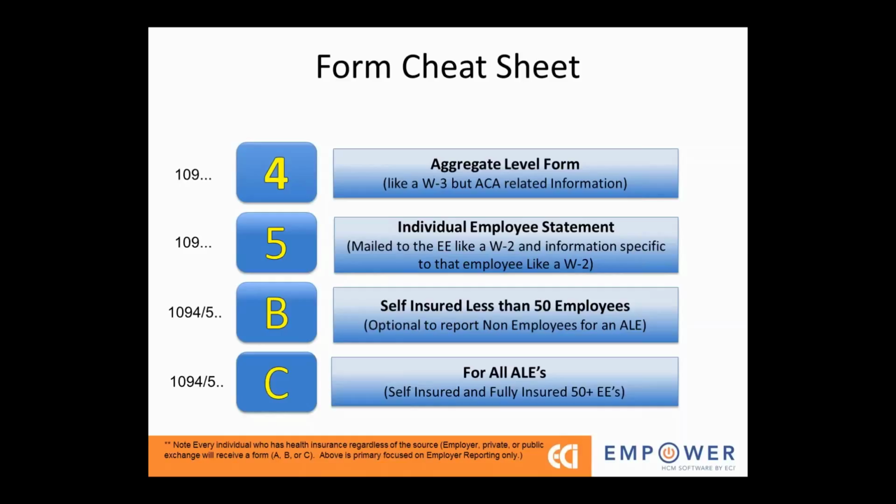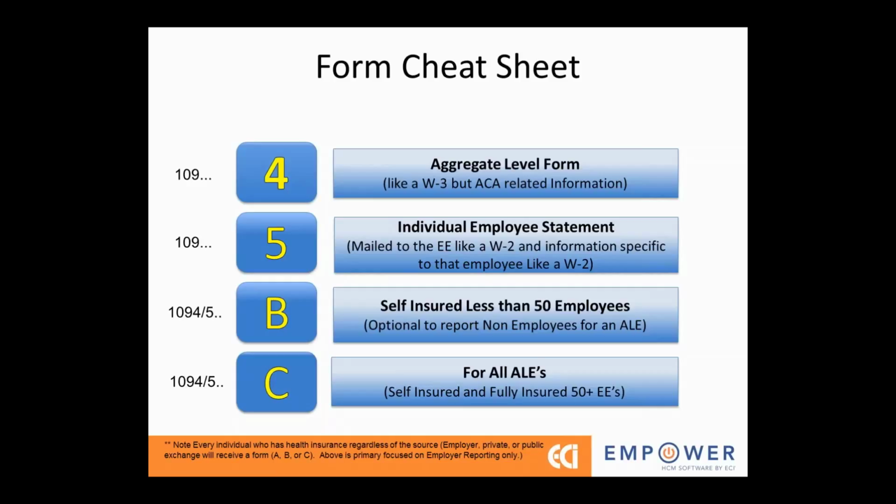One other area that the B forms are utilized: if you are self-insured and have 50 or more employees, you have the option to use the B forms for what's called non-employees that are enrolled on your plan. So, for example, if you have an individual that's been on COBRA 18 months out, they weren't a full-time employee 1 month a calendar year, so you can choose to use the B forms for that individual rather than using the C forms. However, once that became optional on the final instructions from the IRS, I just want to point